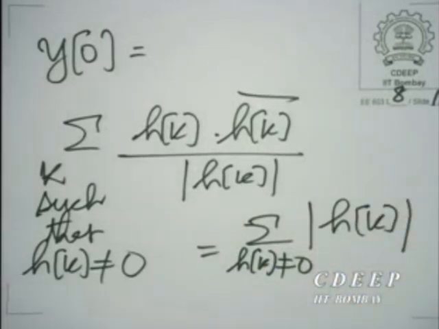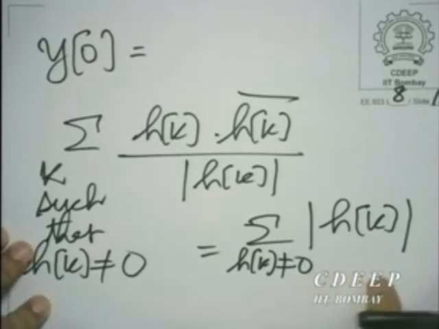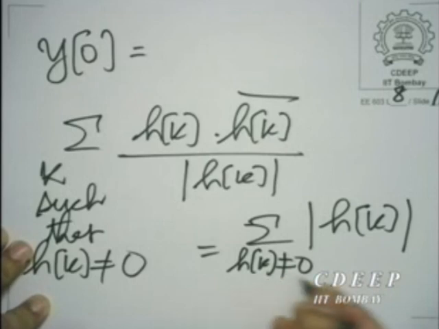So of course you don't even have to worry about its non-negativity. And of course it's trivial that this is the same, obviously, I mean, this condition that mod h[k] or h[k]